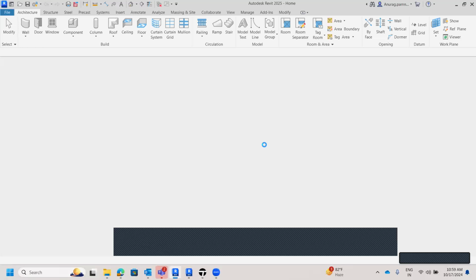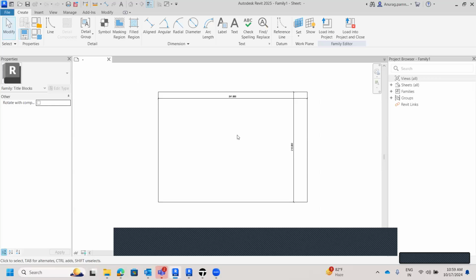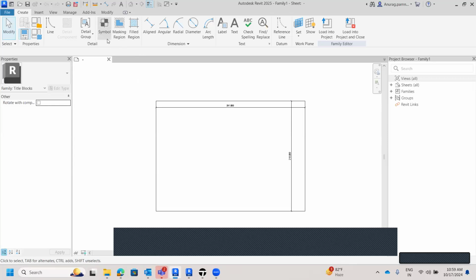So once you do that, it will give you a space where it has predefined settings, right? And it has a dimension of 297 by 210. That means it is A4 size paper, but in landscape. So if you need to create any of your customized sheets, you can do that as well. So how to do that? So the basic option is to work with the